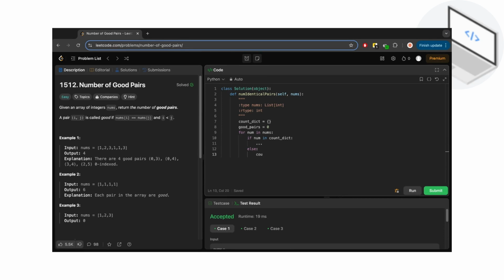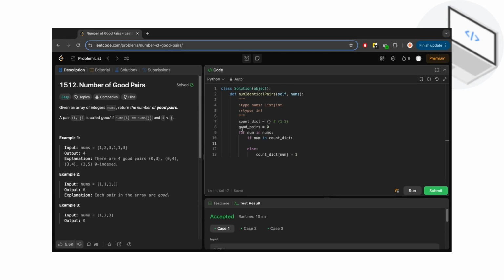And we will do it by creating this entry, count dict, where the key will be our number, and we initialize it with a 1. So again, if the number is already in the dictionary, let's say that our theoretical dictionary already has this entry, so the number 1 has appeared one time, what we need to do